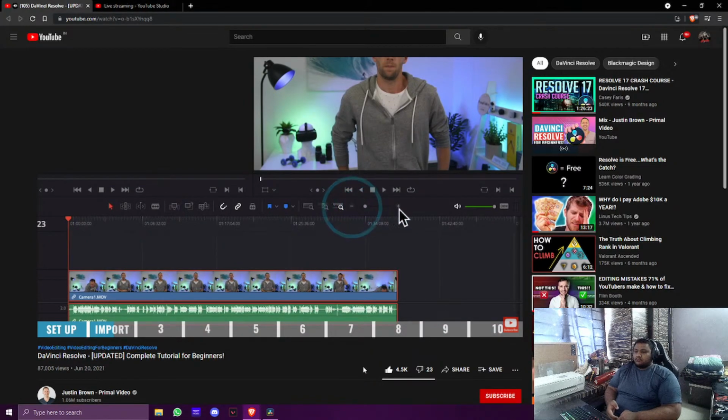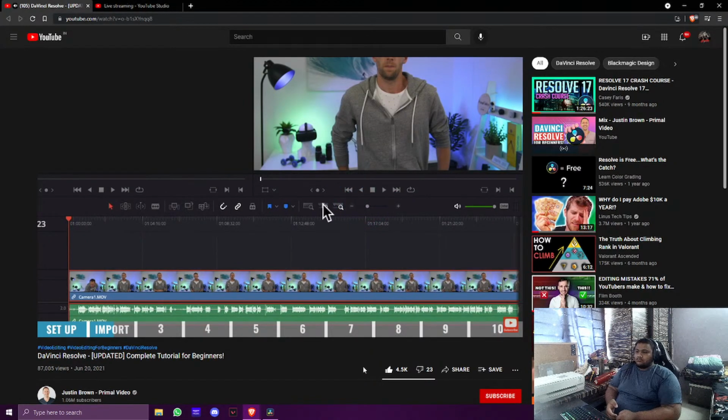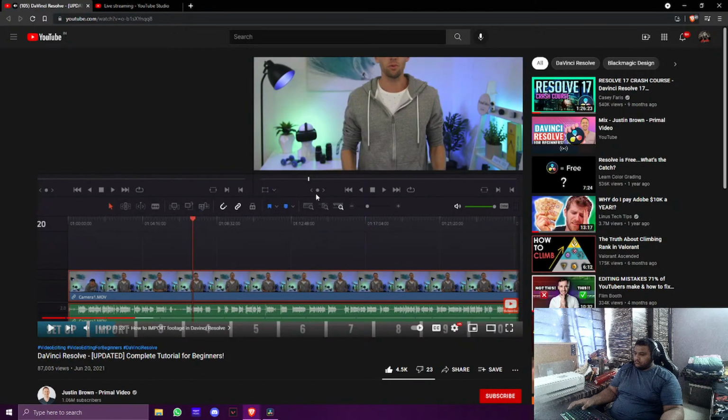so we can zoom out, zoom back in. We can use this button here to dive into the area that we have our playback head at. So if we want to zoom,